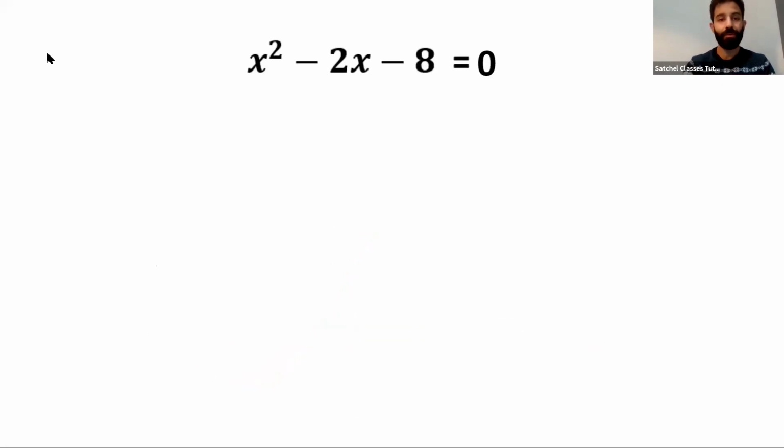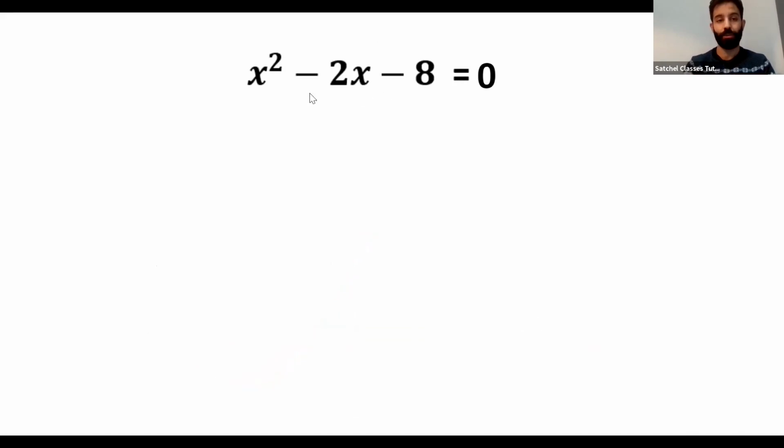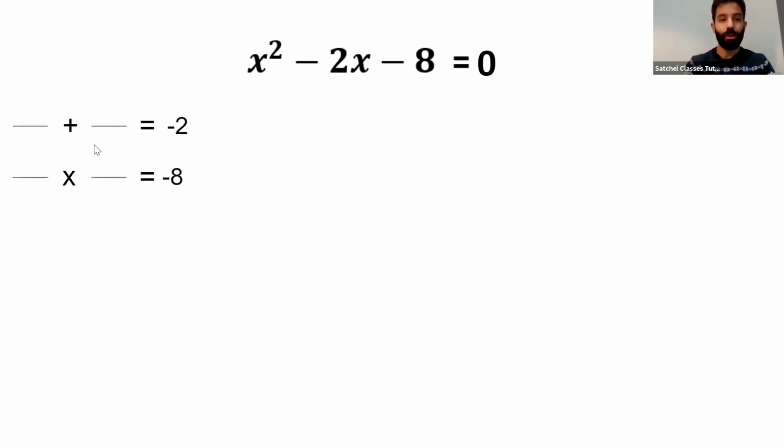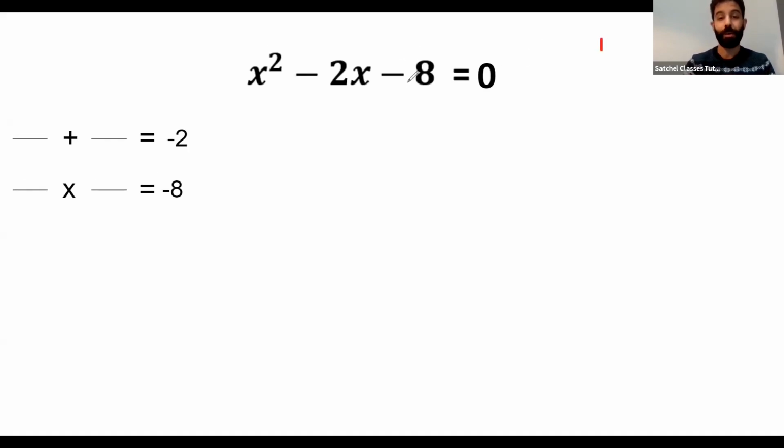We have another problem. Now, this time we've got negative values. So we've got x squared minus 2x minus 8. So if you can remember, we would have to add two numbers to give us -2, and we would have to multiply two numbers to give us -8. So what could those numbers be? Now again, you could think about the numbers that would multiply to give us -8. So we could have 1, and in fact, think about numbers that would multiply to give us 8 first. So we can have 1 and 8, we can have 2 and 4,